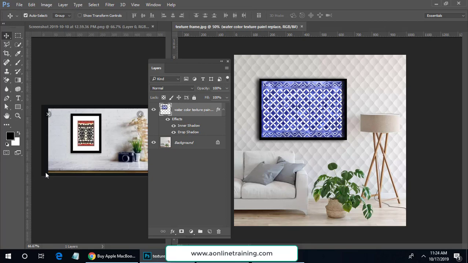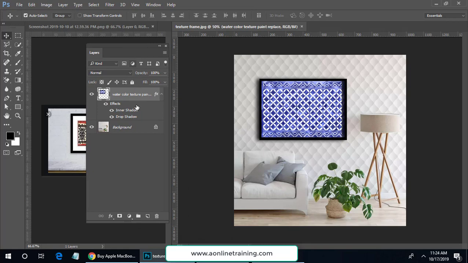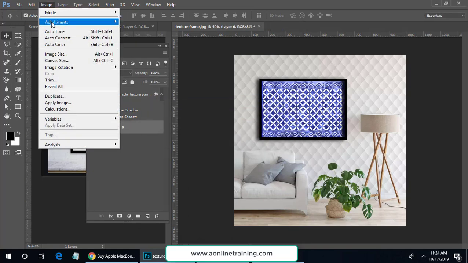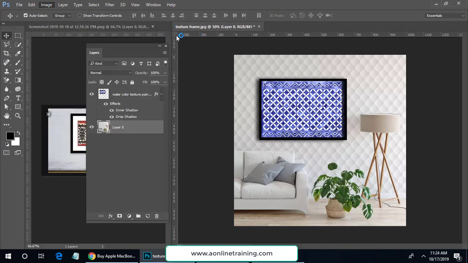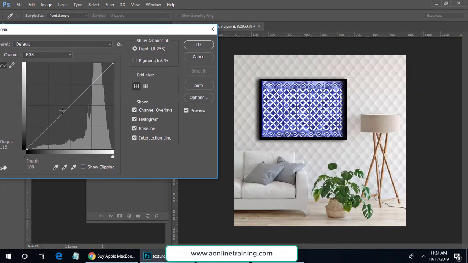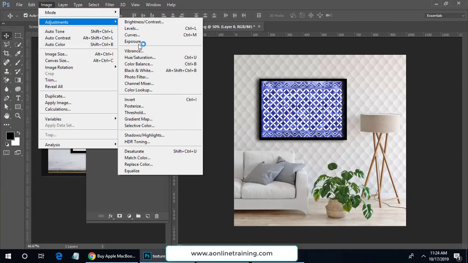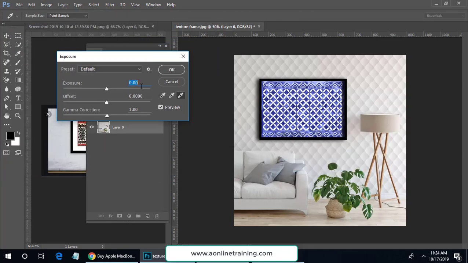So for the background, some color corrections. For that you have to select the layer of this background which is in the layer palette. You can see the layer palette from the Window menu. Double click on the background so it becomes editable. Now you go to Image and Adjustments. There is Curves, which works on three tones: bright, mid-tones and dark. So I'm just giving the depth, and then go for the exposure